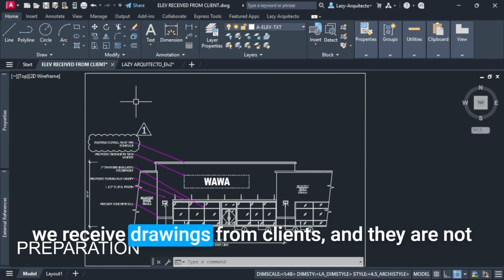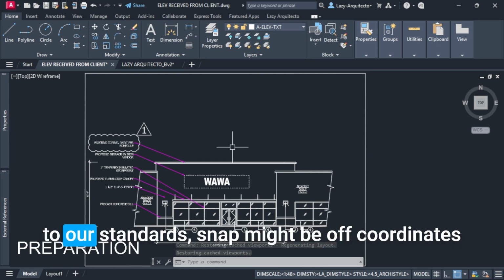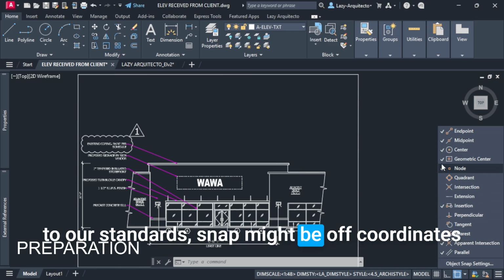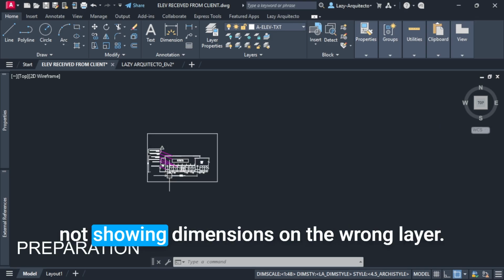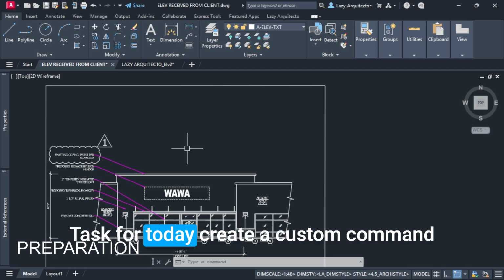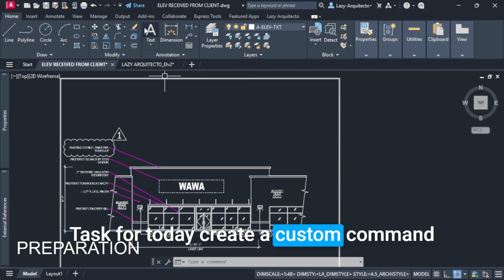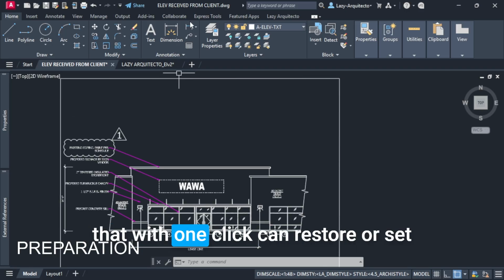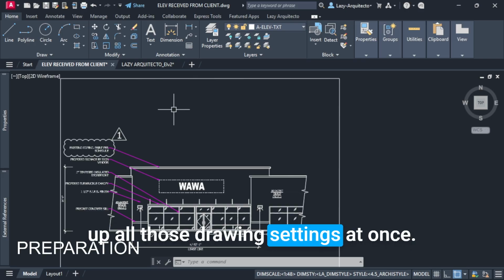We receive drawings from clients and they are not our standards. Snap might be off, coordinates not showing up, dimensions on the wrong layer. Task for today: create a custom command that with one click can restore or set up all those drawing settings